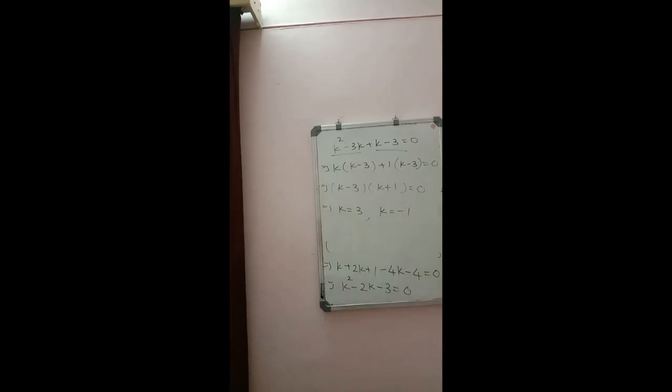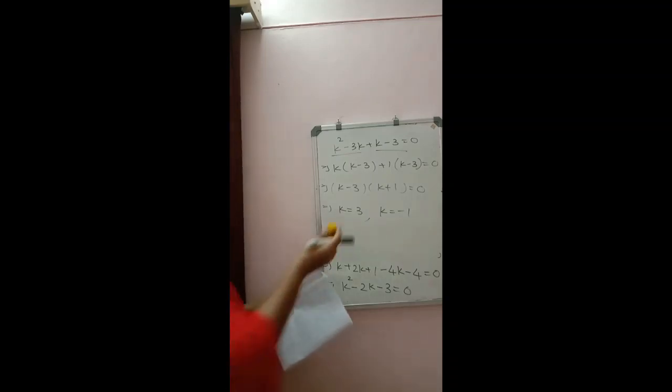So after getting the value, just to check whether by substituting the value, coefficient of x square is becoming 0. Coefficient of x square should not be equal to 0. So our expression was k plus 4 into x square. So obviously 3 and -1, it will not become equal to 0. So both the values are valid. So moving on to the next question.